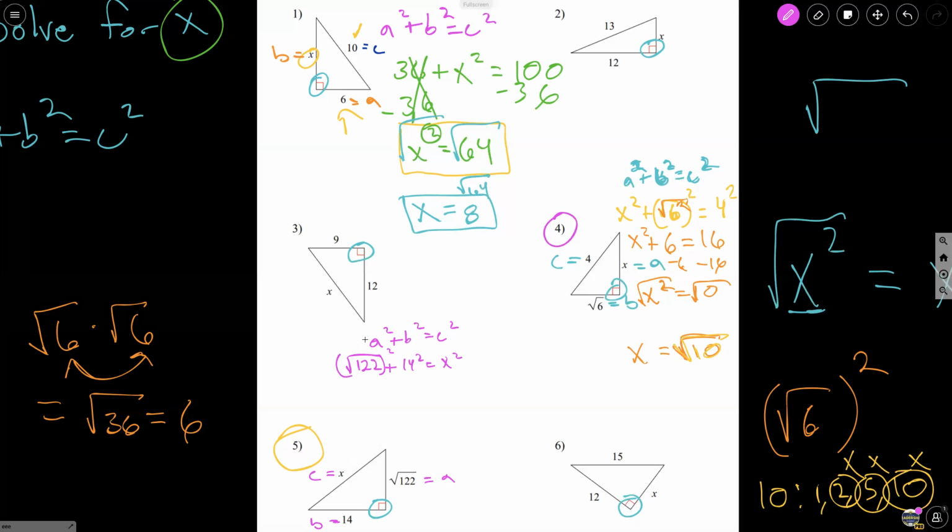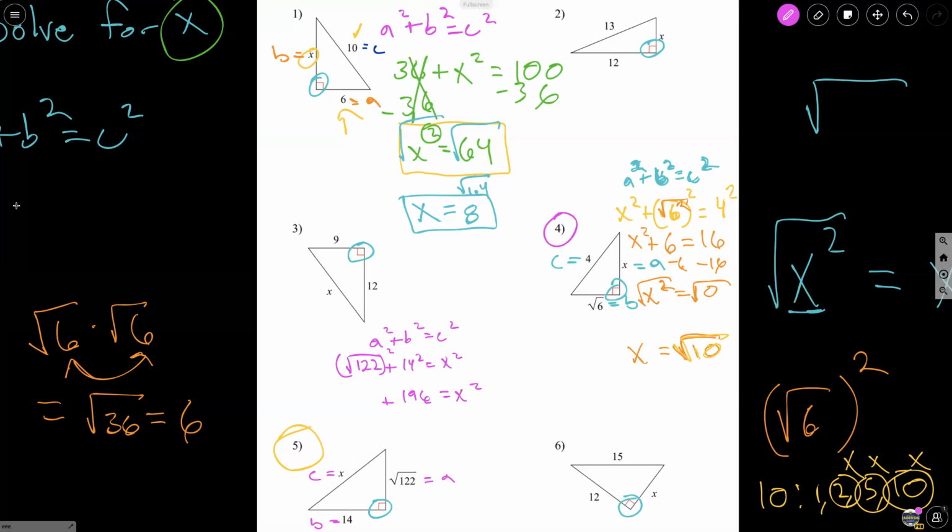Okay, now let's do 14 times 14. That's going to be 196 equals x squared plus,